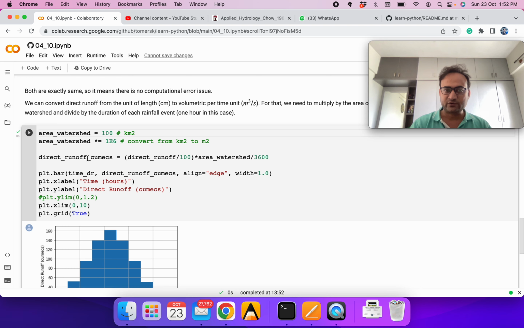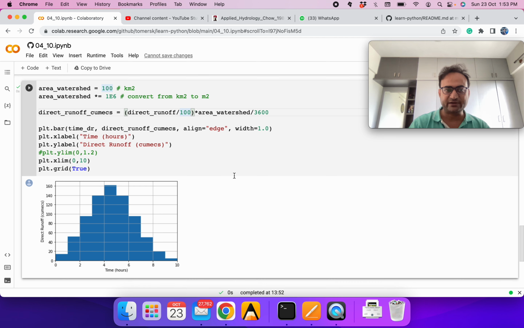Our Qmax runoff will become runoff in centimeter divided by 100 to convert into meter, multiplied by the area of the watershed in meter square, divided by the time in seconds. So the output will be in meter cube per second, and then we can make a simple plot, so you can see the kind of discharge we can expect at the outlet.